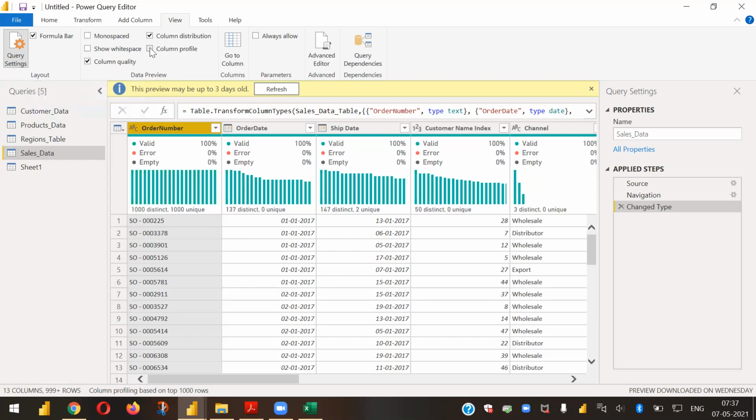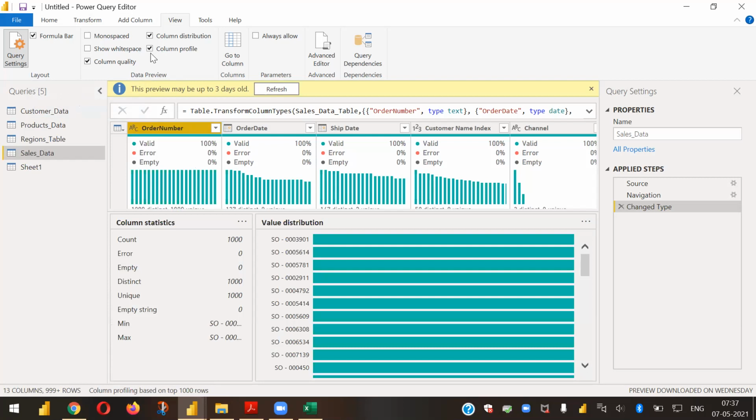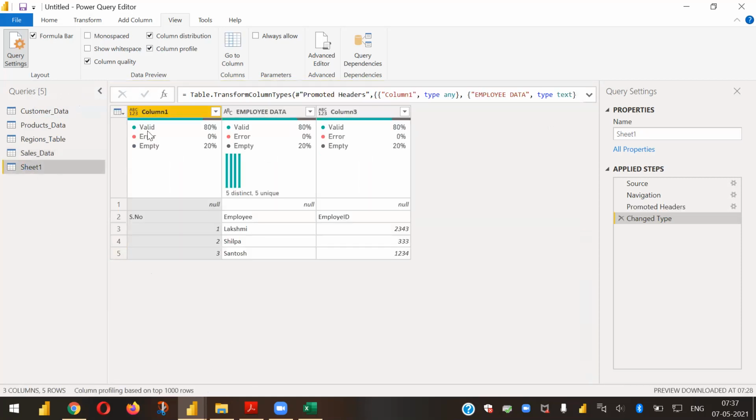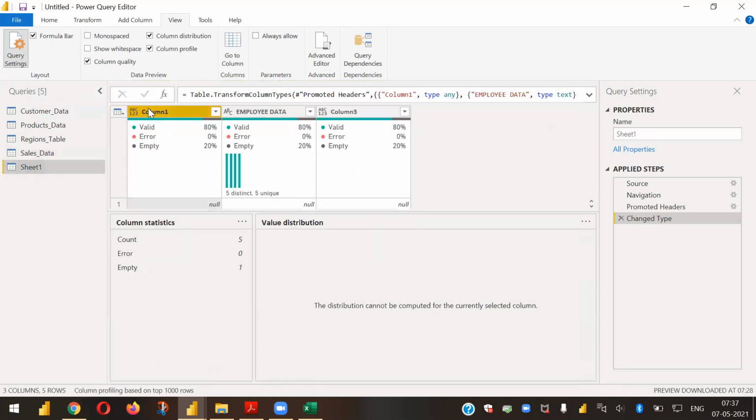Also, this column profile is doing the same thing: it scans the entire column and gives you the count. If you go back to sheet one, it's a small set of data, so you can understand more.